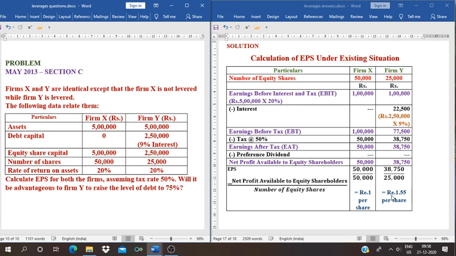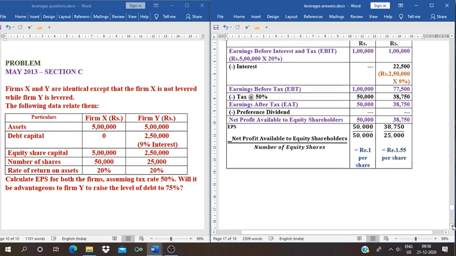EPS is rupee 1.55 per share. Okay. So first thing we have calculated, that is calculation of EPS under existing situation or for given information. Then second one, we have to calculate